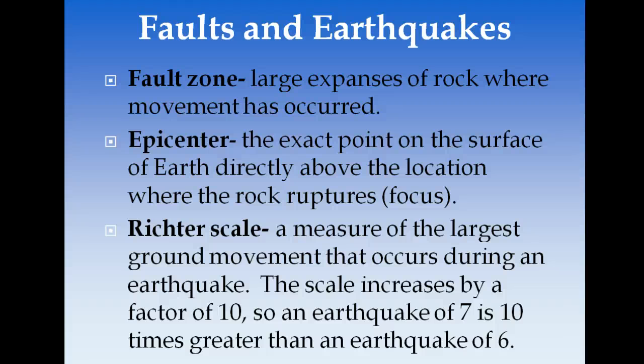The Richter scale is how we measure earthquakes, and that's in terms of intensity. And it's a logarithmic scale. So here you see if it was a 7, that's 10 times greater than the 6. A 7 is 100 times greater than a 5, is 1,000 times greater than a 4. So you can see that as you move up in numbers, they're pretty powerful. But we have earthquakes all the time all over the earth that we never really feel because they're so minor